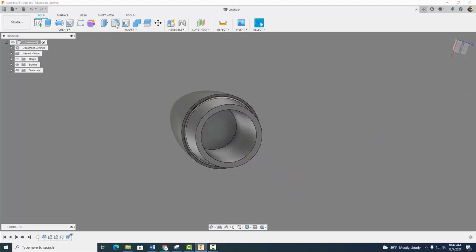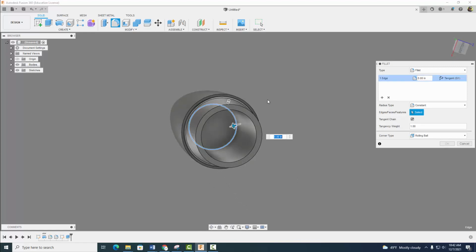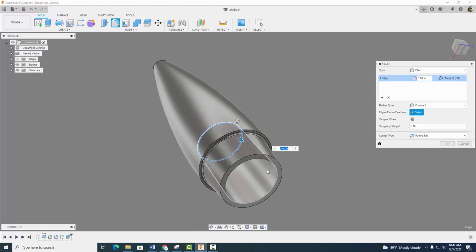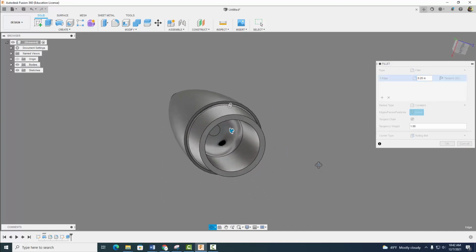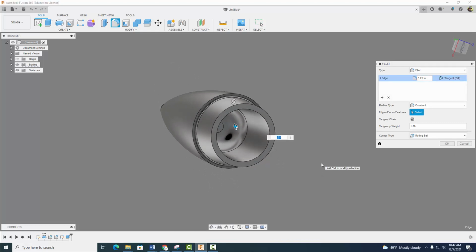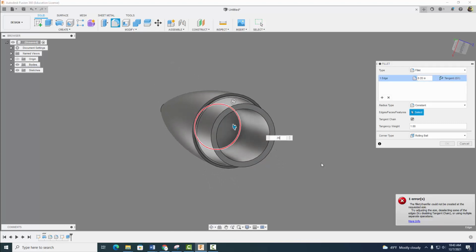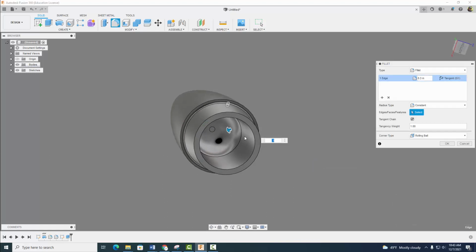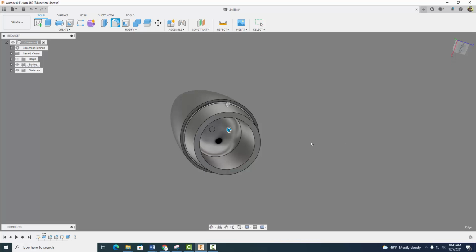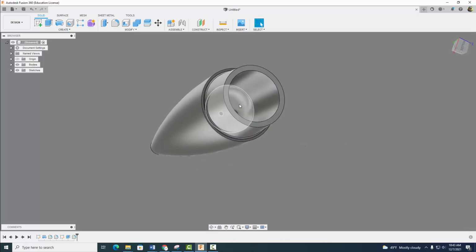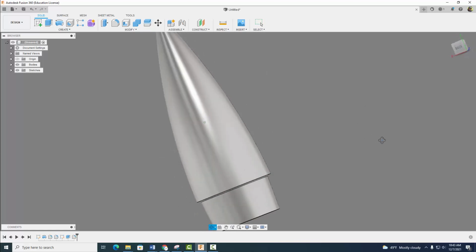All right, and then I'm going to add a fillet here. And the reason why I'm doing this is because when you go to push your parachute string in here, okay, I'm going to put a 0.25 fillet on there. Let's see here. Maybe something a little more, 0.35. That's too much. Okay, 0.3, because when we push our string in here, this rounded surface will help guide our string so that we can tie it to this, our next feature we're going to make here. Okay, so I'm going to go ahead and select OK. So when you're done, you should sort of have this rounded feature in here,